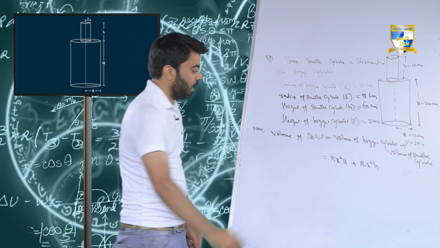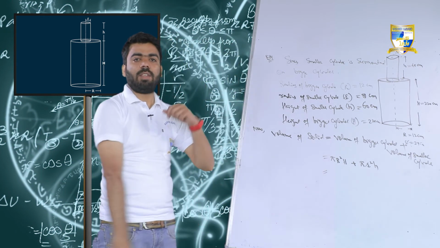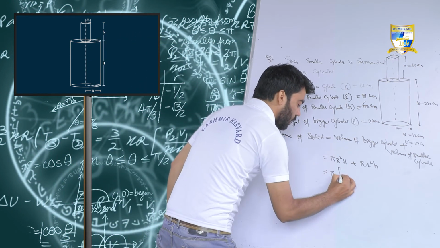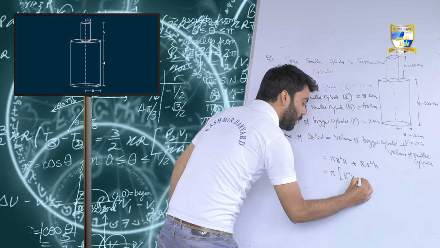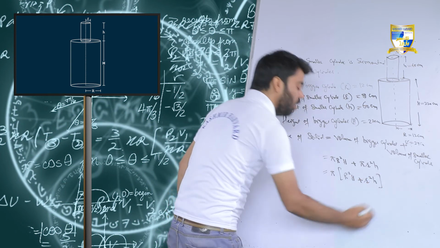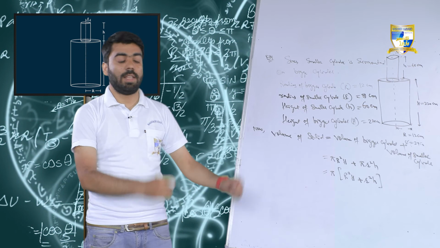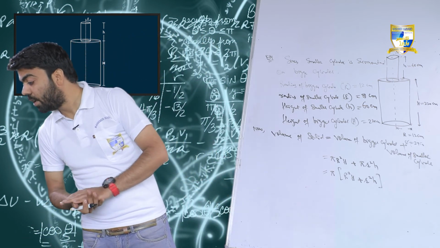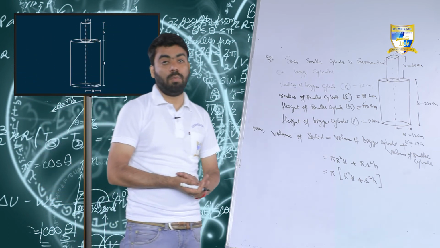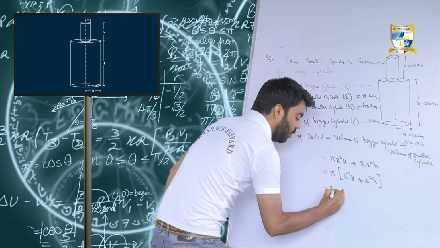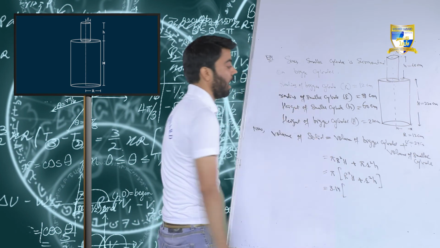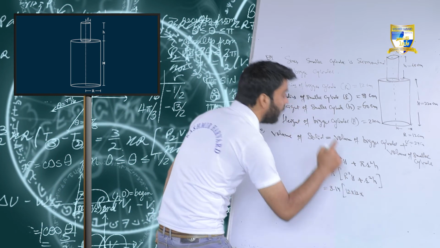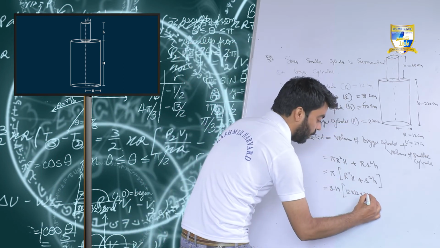Right, beta? Which term can we take common here? It's only one term, that's pi. Then R square H plus r square h. Now put the values and we will get the answer. What about the pi? Are we supposed to take 22 by 7 or 3.14? What does the question say? The question says take it 3.14. So we will take 3.14. R square, capital R, where is capital R? Here. It's 12 multiplied by 12 multiplied by H. What is the H? It's 220.